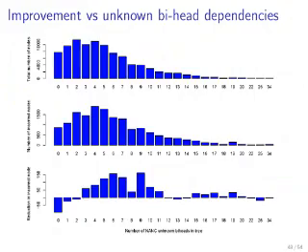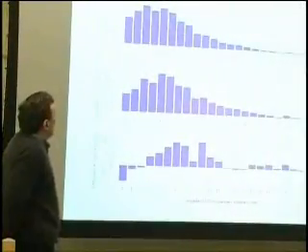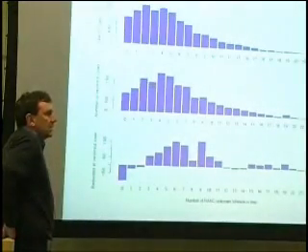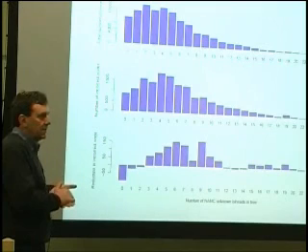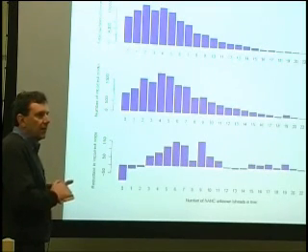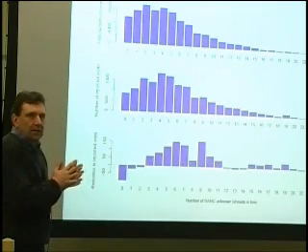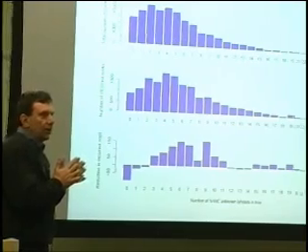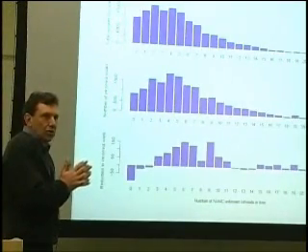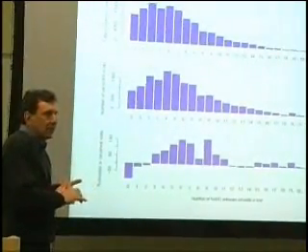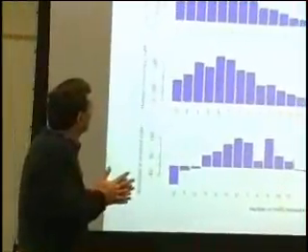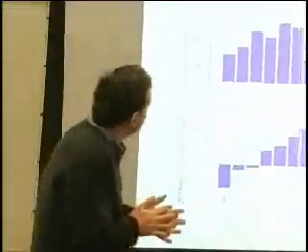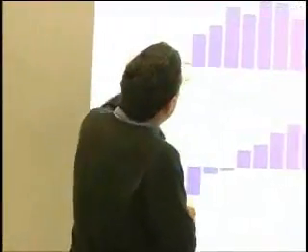Now, this is probably the most interesting of all of these slides. One reasonable hypothesis is that what we're really learning here are things like these head-to-head dependencies, these linguistic dependencies. And we know that 1 million words of training data is really not enough to learn these lexical head-to-head dependencies. So maybe that's what we're really learning from this unlabeled data. And there is some evidence that that's the case.